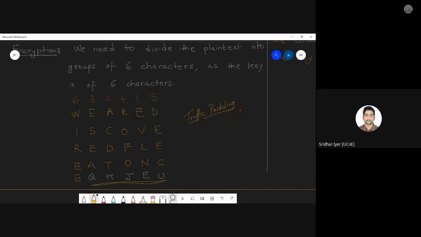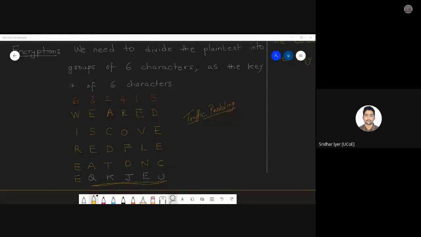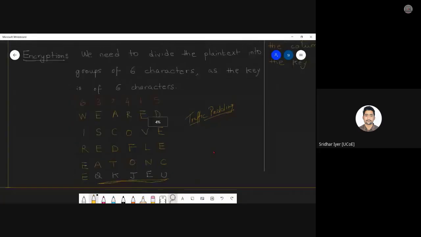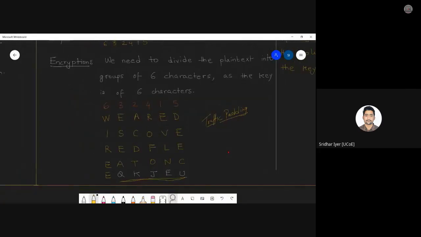So we are adding some random characters just to make the entire decryption process or the cryptanalysis process difficult. As I have discussed time and again, encryption should be as simple as possible, but the decryption should be the difficult aspect. So we are trying to make it as difficult as possible. Only the intended receiver will be able to decrypt it. Otherwise, no one else should be able to decrypt it. Am I clear? Fine. So you can use any characters to make it difficult to understand. You can use lowercase, uppercase. It's up to you.